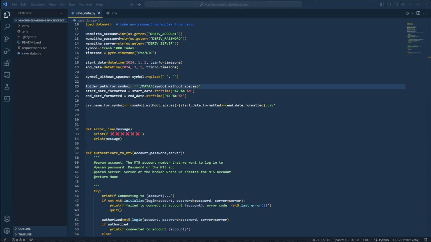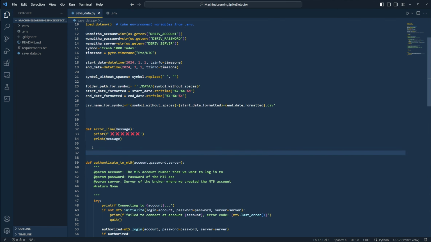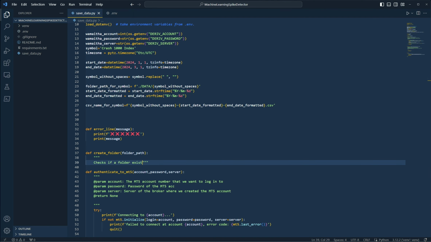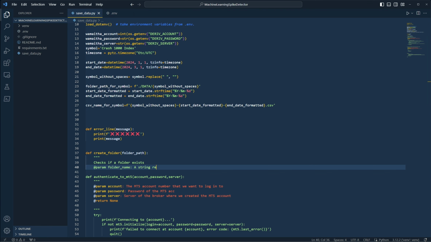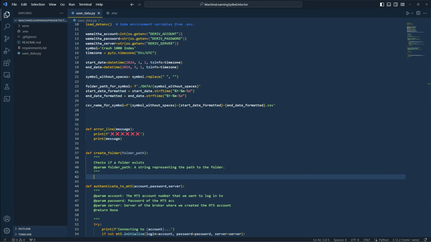I'm going to call it create folder. I'll define it just here. It's actually folder path, right? And then the usual